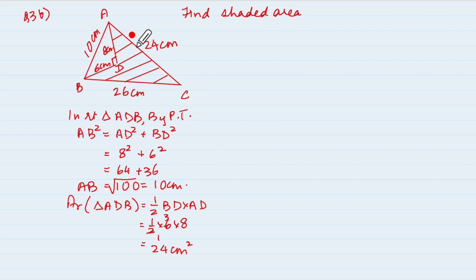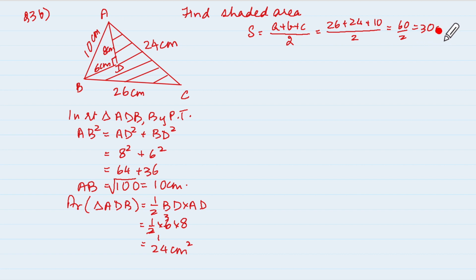Now the big triangle, although the big triangle also is a right triangle, they have not given you that A is 90, but they have given you 3 sides. So we have to use Heron's formula for area of triangle ABC. For that we need the semi-perimeter. What is semi-perimeter? It is (a plus b plus c) upon 2, these are the 3 sides. So 26 plus 24 plus 10, and that upon 2, which means it is 50 and 10, 60 upon 2,